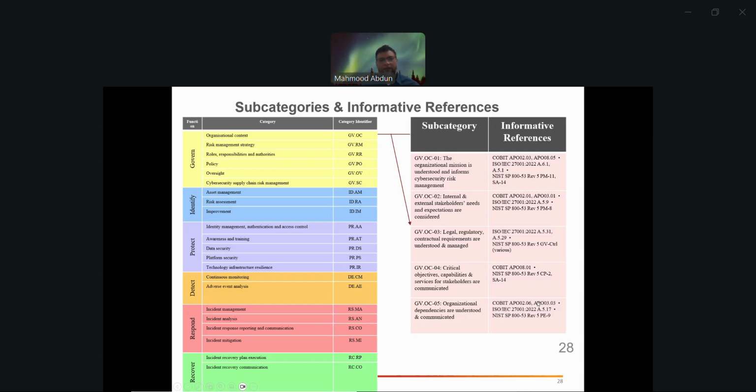And these are the informative references. So you can correlate GV.OC-01 with COBIT, with ISO 27001, with NIST Special Publication 800-53 as well.